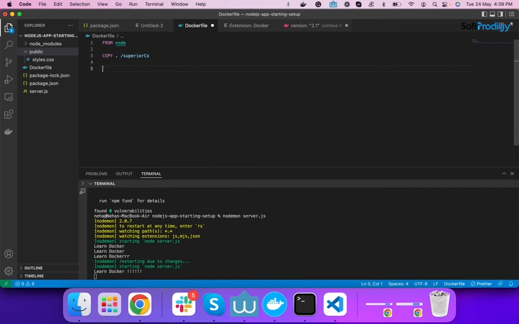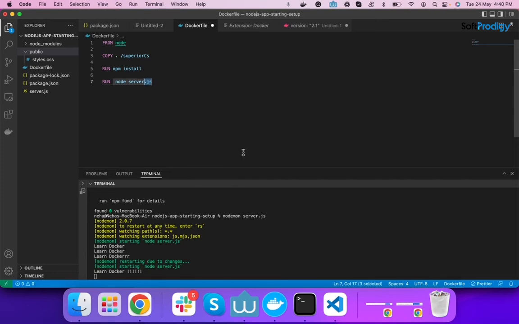After that, obviously, when we are running a particular node project, our first command is what? npm install, to install all the dependency files, right? So I just gave a command to Docker that you have to run the npm install command. After that, we run node server.js. We run a node project like this, no?